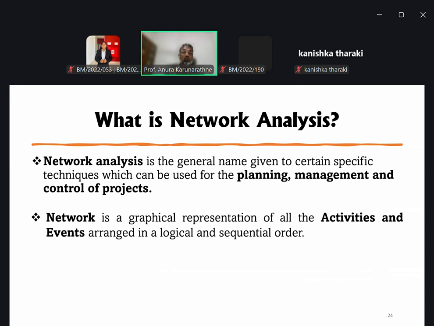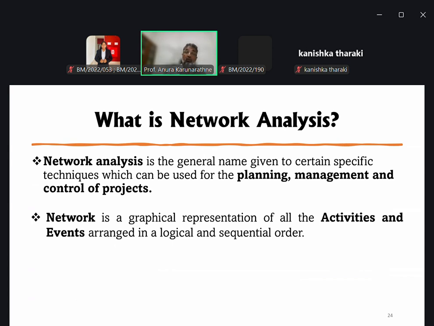So we have to arrange them in logical and sequential order, right? Actually, if you are given some activities with some sequence, right? So we can draw this kind of network, and also we can mark different types of points within this network.